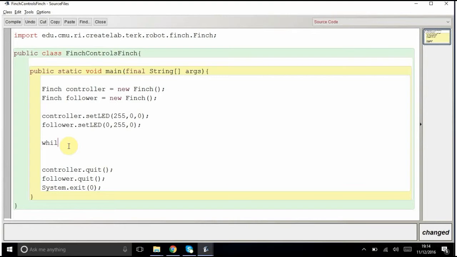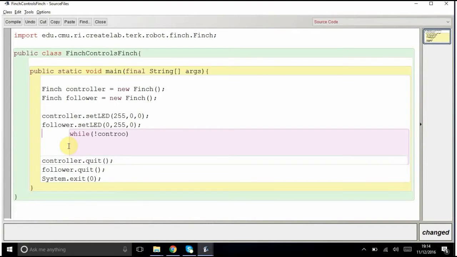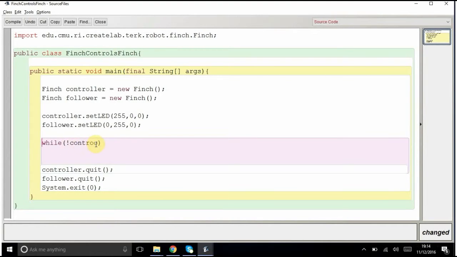So we need a while statement here saying that while not controller dot is Finch upside down,